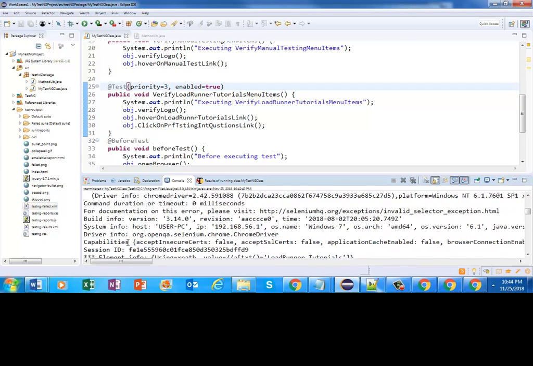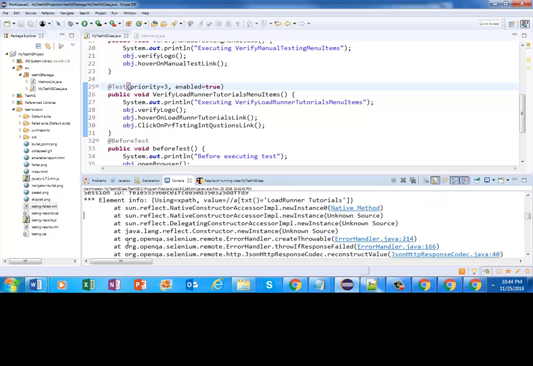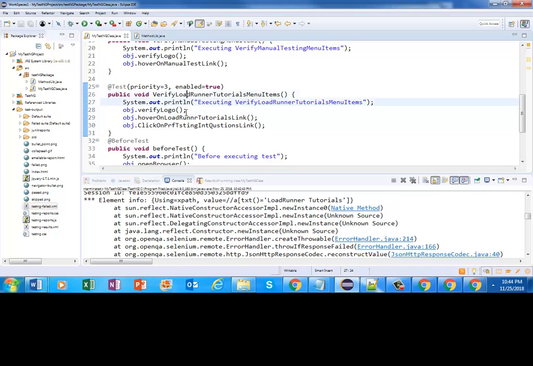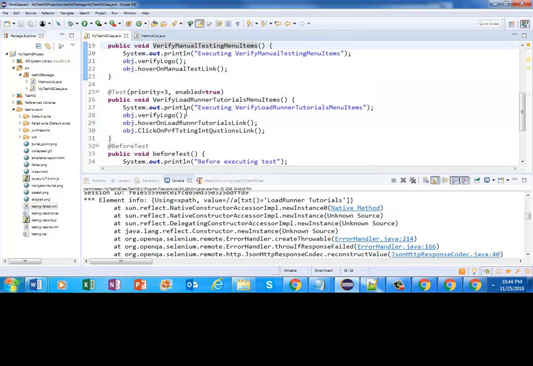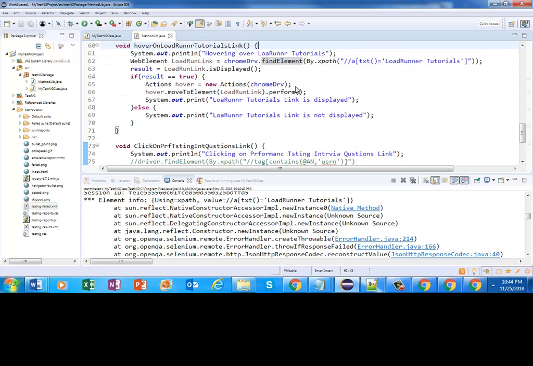It is saying that text, this is the problem. Can you see this txt? This is the problem here in the method, right. If you go to the previous method, can you see it will be text, right. Now if you execute it again,